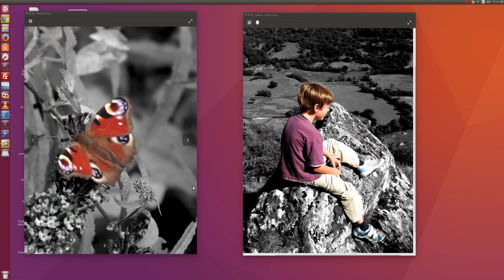And there's a couple of other examples. I actually made these using a different graphics editor, but the technique's exactly the same. So nice butterfly on the left, and this on the right I believe is my son, a few years ago now. So whichever image you choose, one with some main object in it,